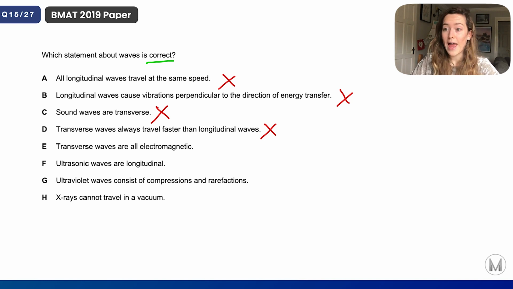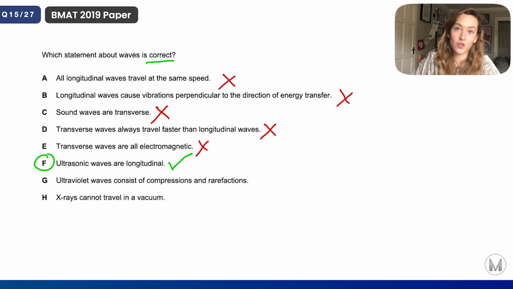Transverse waves are all electromagnetic. That's not the case. So electromagnetic waves are transverse waves, but that doesn't mean that all transverse waves are electromagnetic. Ultrasonic waves are longitudinal. That is correct. So only one of these statements is correct, so we know that F is correct, but I'm just going to